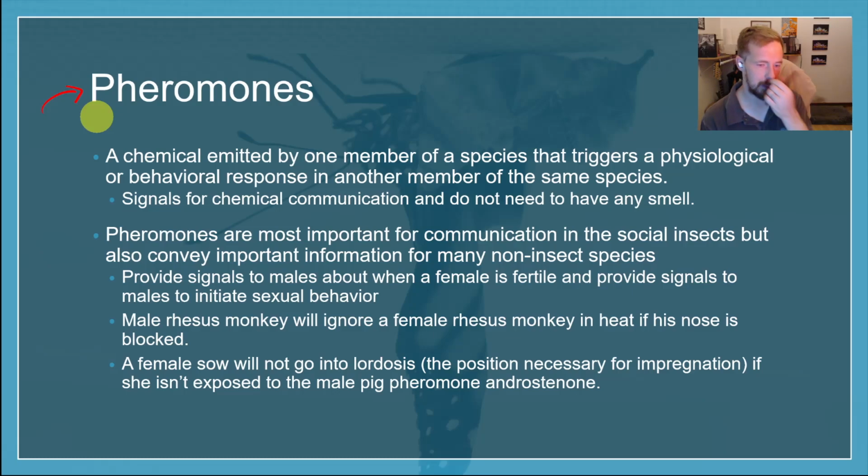Part of that is because, and I'm spoiling something that's going to come up in a future slide here, a lot of these animals have a specific kind of organ located in their, what is it called? I'm blanking on the name. It starts with a V. Sorry, I'm just going to pull this up real quick because I should have put it on the slide. It is the vomeronasal organ. I was going to call it like the vasal something, so I'm glad I looked it up. The vomeronasal organ.